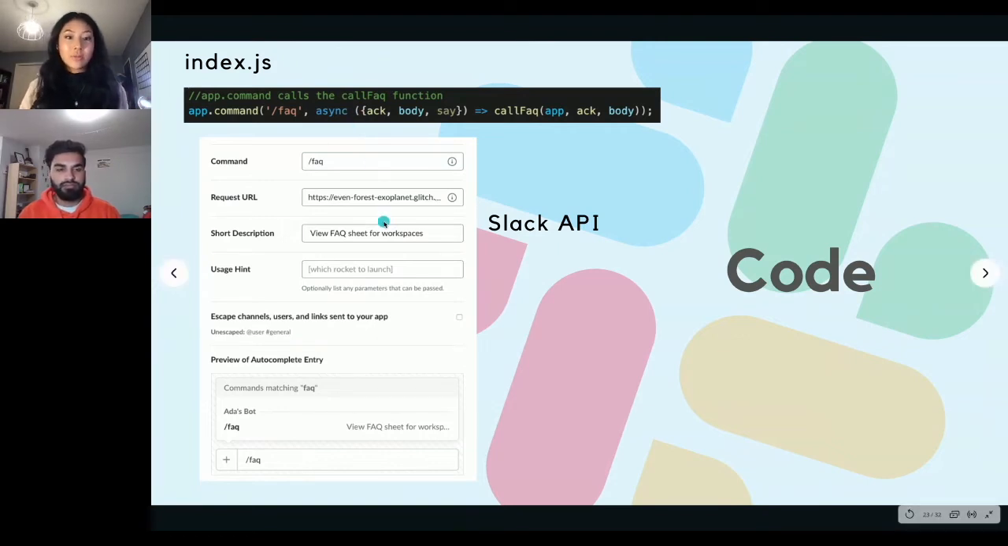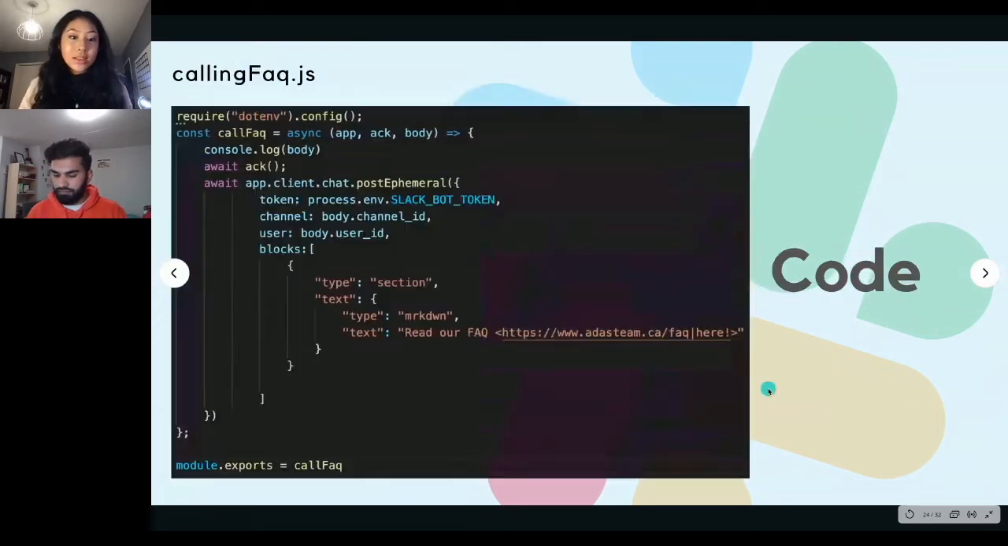Again, you have to go back to the Slack API website and then enter each command manually. And for that, you also have to enter a request URL. So when you do that, all the information about somebody calling this command is going to go to that URL so that you can actually do what you want with it within your code. So then later on, we also have